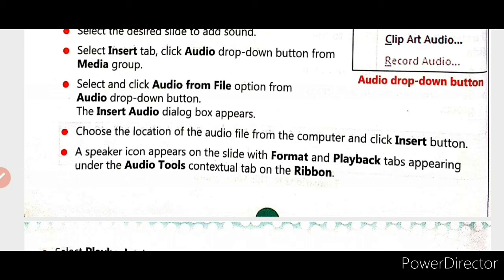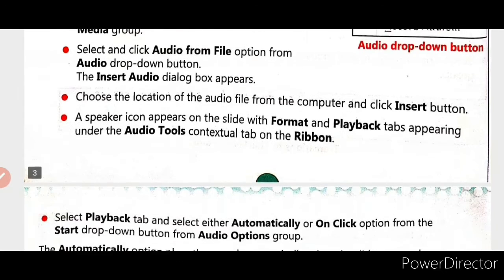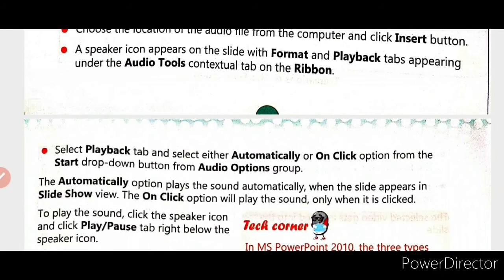Choose the location of the audio file from the computer and click insert button. A speaker icon appears on the slide with format and playback tabs appearing under the audio tools contextual tab on the ribbon. Select playback tab and select either automatically or on click option from the start drop down button from audio options group.